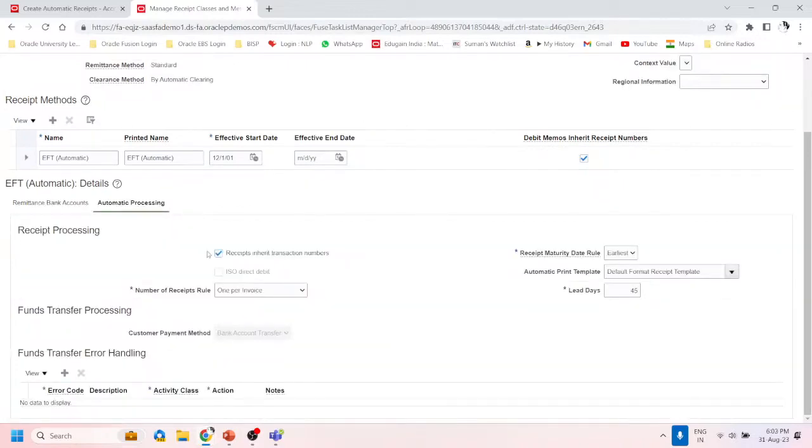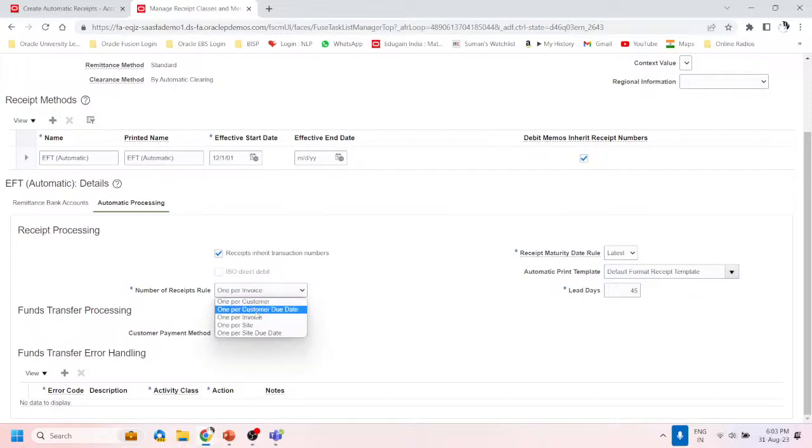In the automatic process, the receipt inherits the transaction number and maturity date to the latest, and the default receipt template, and one per invoice receipt should be created, or